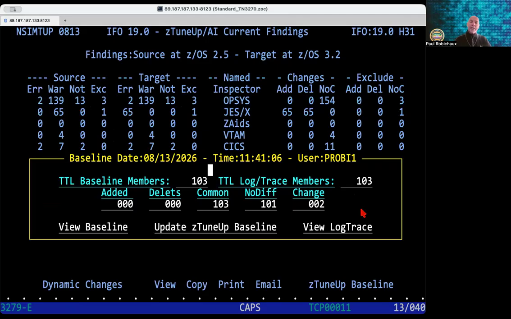But from that date, there have been two changes. There have been no adds, no deletes. We still have 103 common members. We still have 101, which show no difference, but we have two that are different. And if we put the cursor under that and press enter,